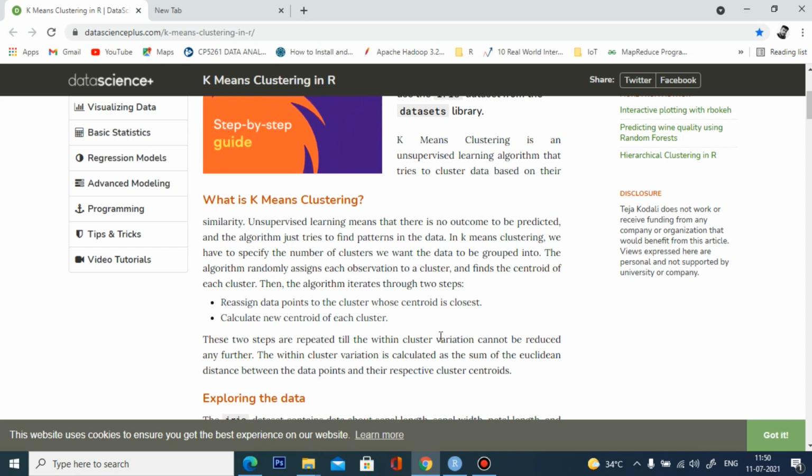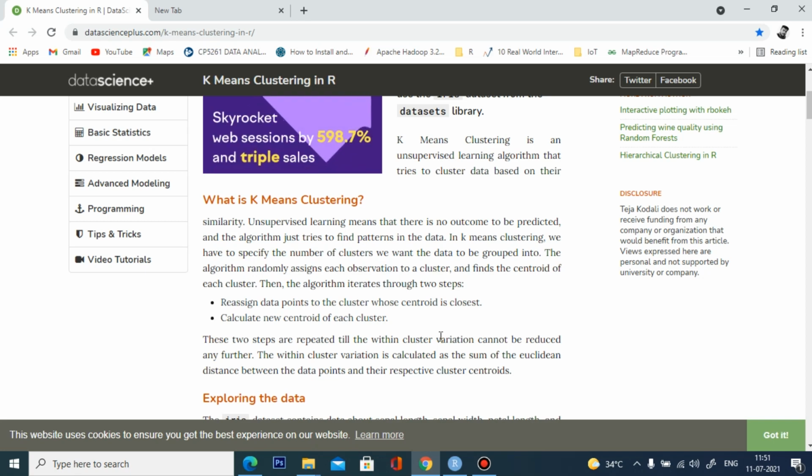If it is 3, it separates the data into 3 clusters. Based on the similarities, the data is grouped within a particular cluster, so all the data within a cluster have some similarity in pattern. That's why we split the data into multiple clusters based on that pattern.